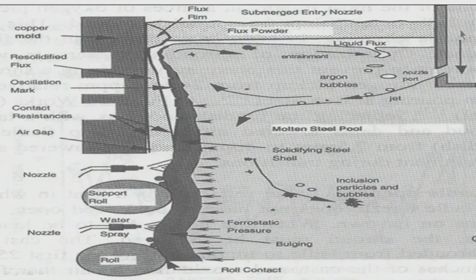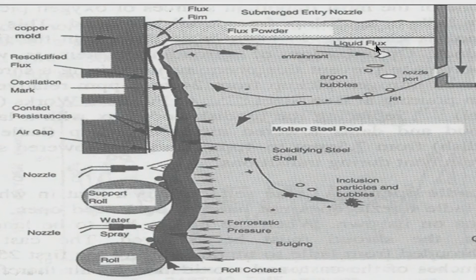Liquid steel is coming from the tundish through this nozzle, which we call the submerged entry nozzle, SEN. This is the port, the nozzle port, through which liquid steel will come inside the mold. Through this port liquid steel is coming, and we are also passing argon. So there are some argon bubbles also coming out in the liquid steel. They will take this path and go to the surface, where we have mold flux or mold